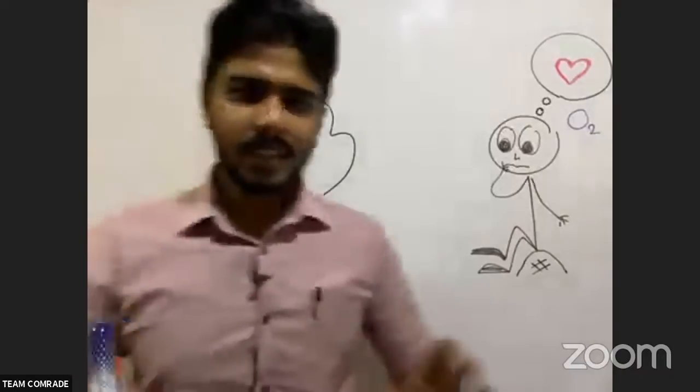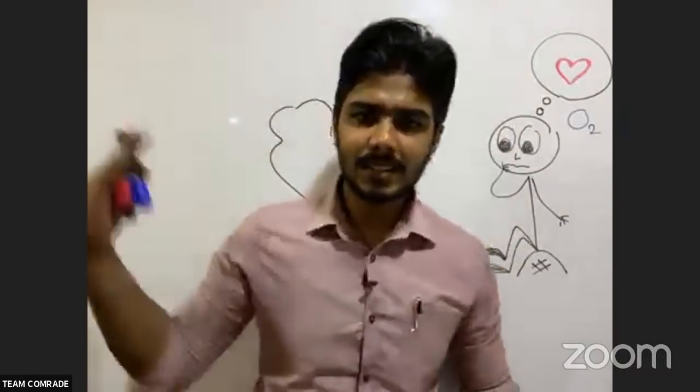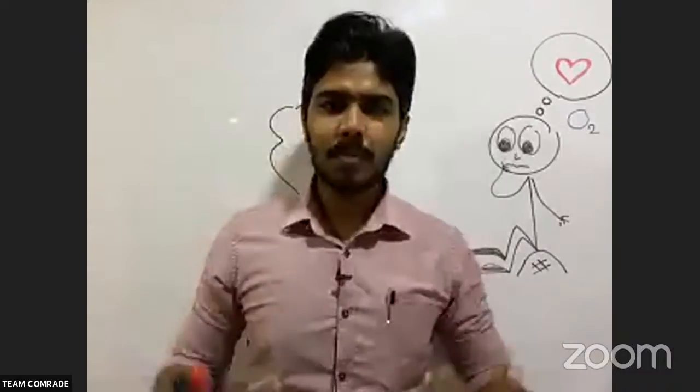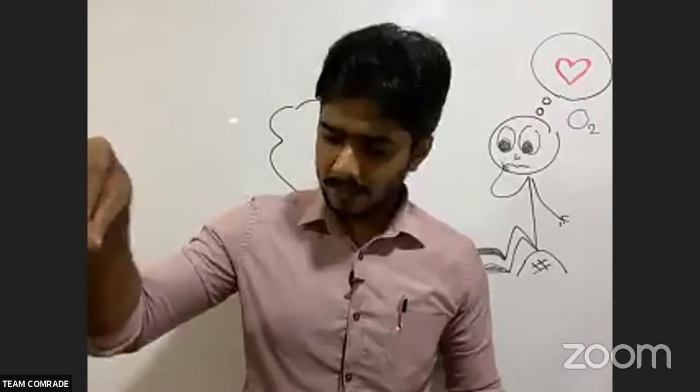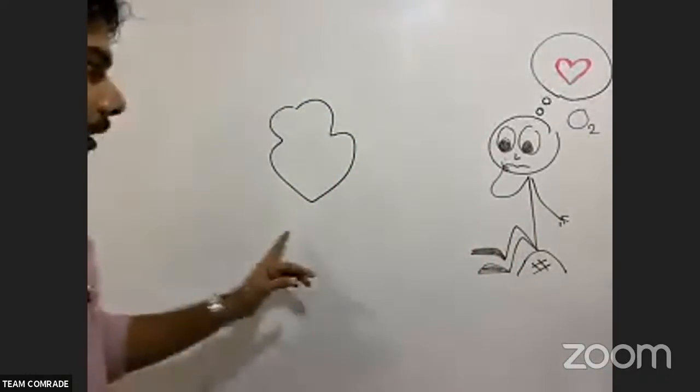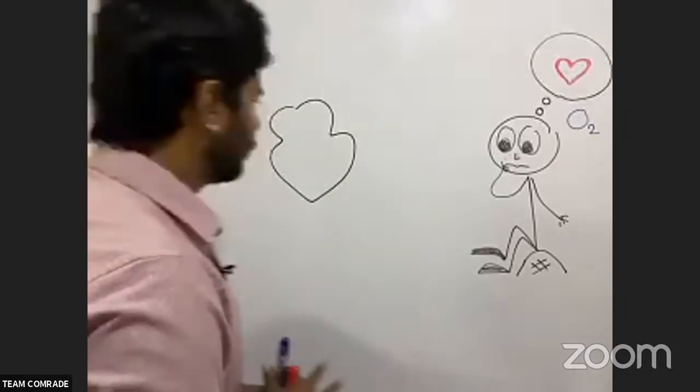The other thing is, if I stay like this, this is my right side and this is my left side. Anatomically, when we see bodies or figures, if I keep my right hand on a particular side, that side I call the left side. When I keep the left hand on a particular side, I call that the right side. So when you draw anatomical structures, you have to draw like this. So this is the heart.